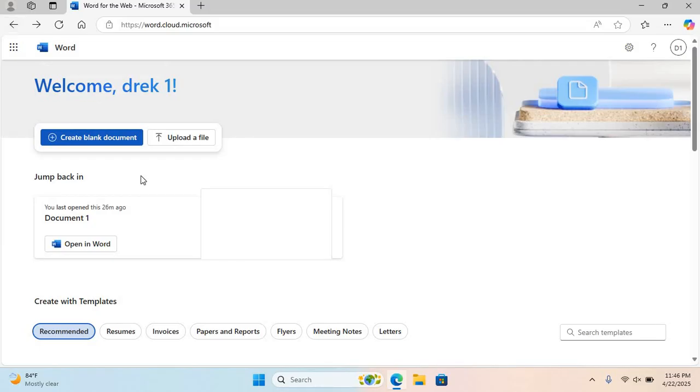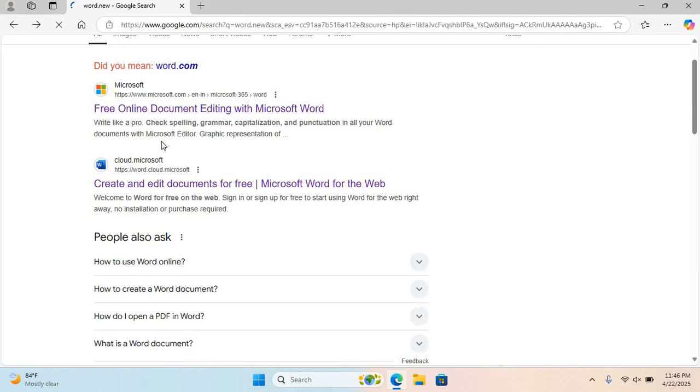So here, as I said earlier, if you want to create a blank document, you click on this one. If you want to edit an existing document, you just upload the file from your system into the Word document here so that you can apply the editing tools in the Microsoft Word document. Once again,